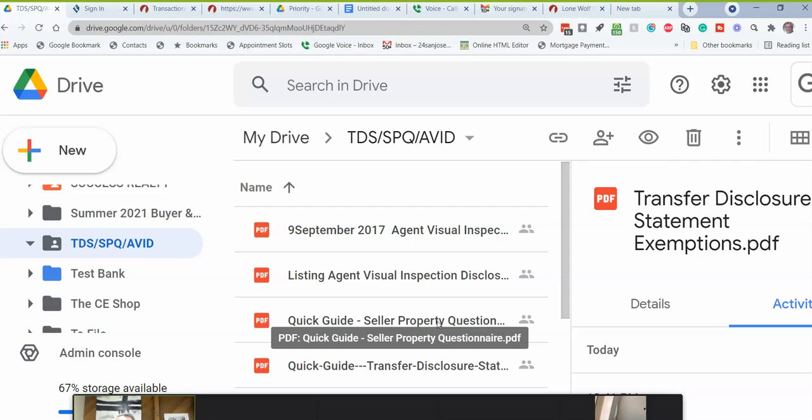But I got a question for you. If they waive the contingencies going into the offer, and then make an offer, and then they give you the transfer disclosure statement, and it has a bunch of bad news on it, do they still have 3 to 5 days to cancel? 5 days, yes. As it says in paragraph 10 of the residential purchase agreement, which is simply stating what the law says,